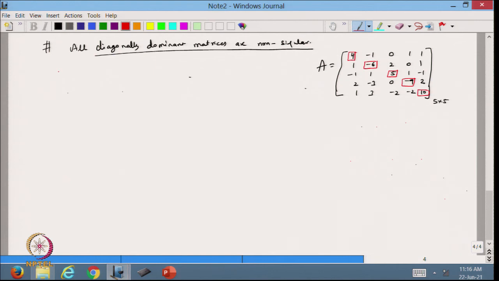So, let us prove this one. How are we going to prove it? Suppose we have a matrix A that is diagonal dominant. Suppose I take an n by n matrix, a diagonal dominant matrix. So, this is what we have assumed. Now, we need to show